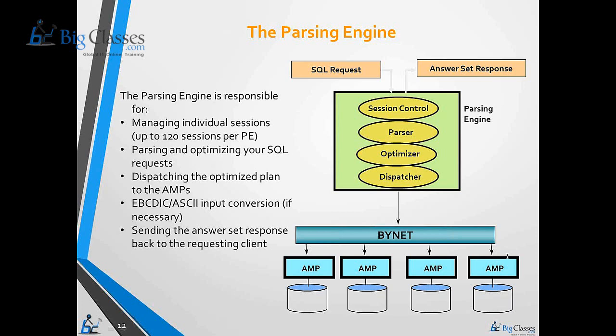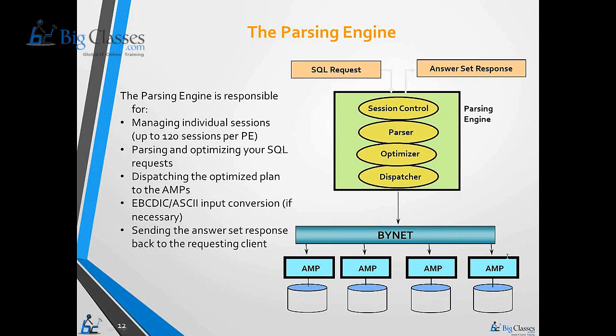Obviously you'll end up with spool space errors. Spool space is the temporary space allocated to an individual user in the database. Whenever you fire a query, the results are held in a temporary table until your query completes. If you keep filling your temporary memory by writing bad queries, for example, you have 1 billion rows in a table and you say select star from table where name is equal to something which doesn't have a primary index, your complete spool space will be used up, and you'll get an error saying that you're running out of spool space.